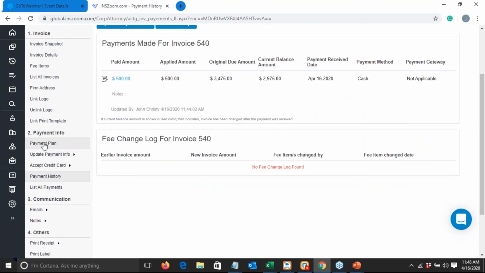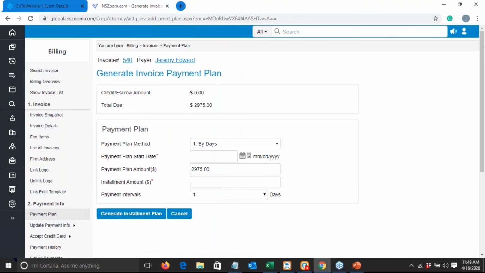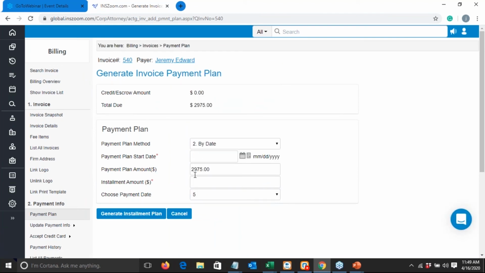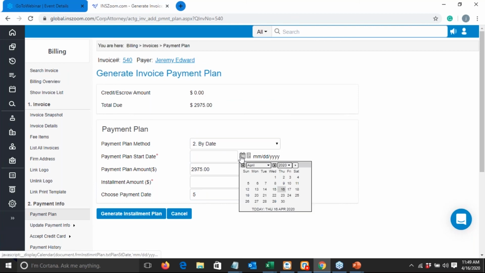And very quickly, there are payment plans as well. So some law firms that I talk to, they get an upfront payment. Let's say in our scenario, it's $500. And so you can set up a payment plan by days or by date. So I'm going to go by date, where I'm going to charge my client, let's say 15th of every month. Let's say 5th of every month, because that's when they'll pay me. I'm going to say it starts from, I can choose any of these dates here. If I choose any